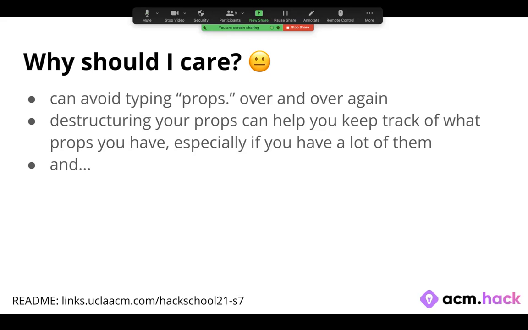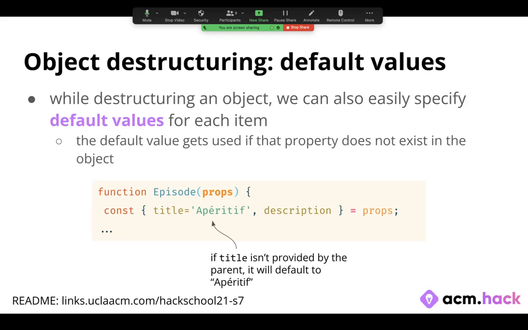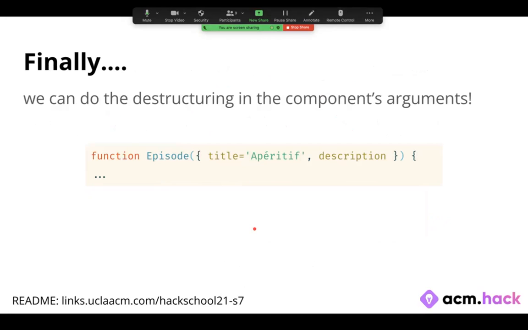And one more thing is that when you destructure an object, you can also specify a default value for each item inside the object. So if the property doesn't exist in the object, then we can create the property ourselves. For example, in this case I have this episode component again, and I'm going to say that if title isn't provided in my props, I'm going to set it to aperitif. And this can be really useful because